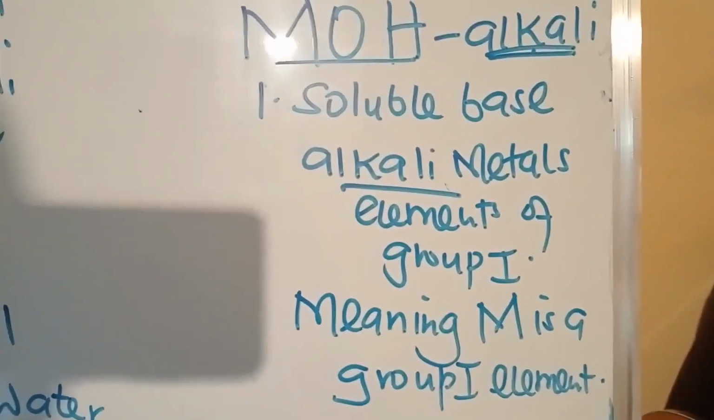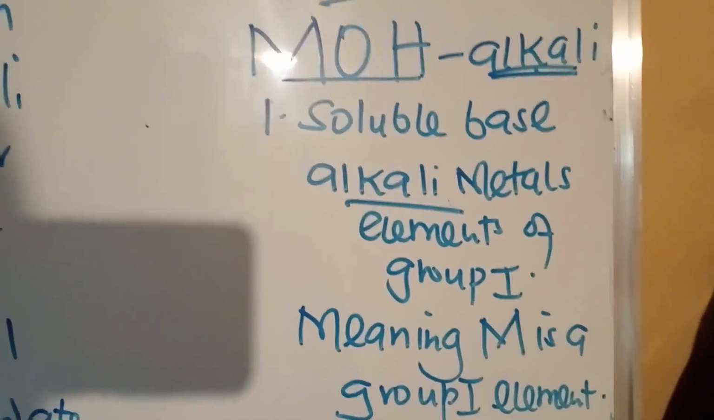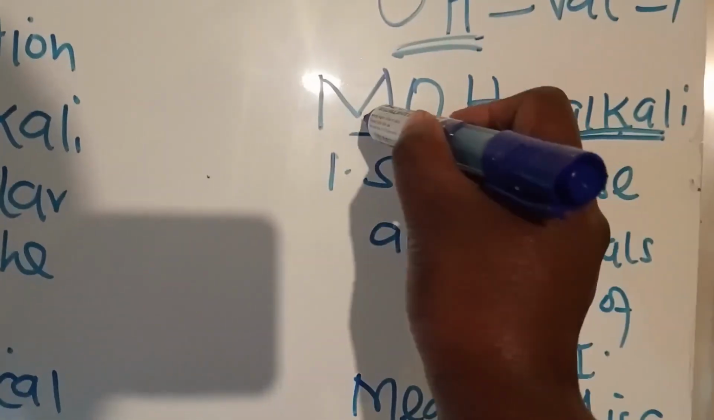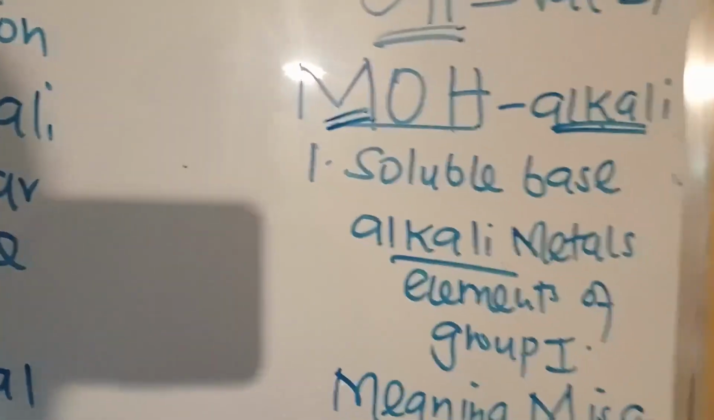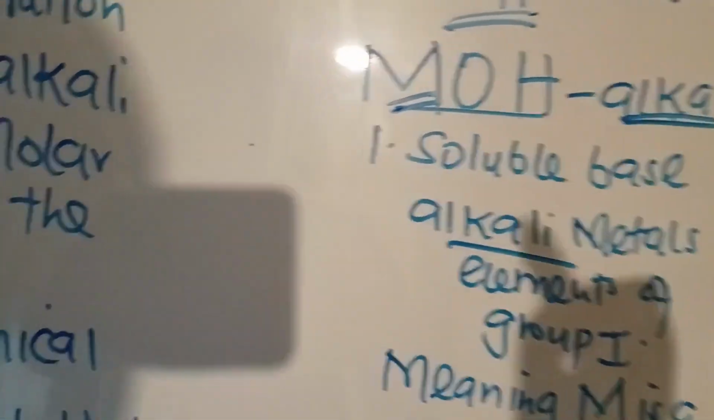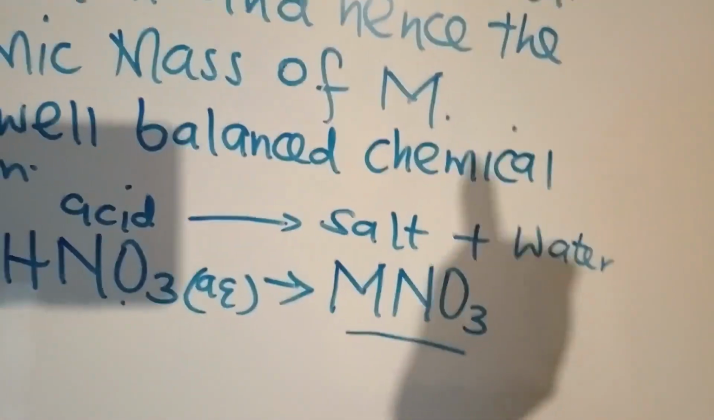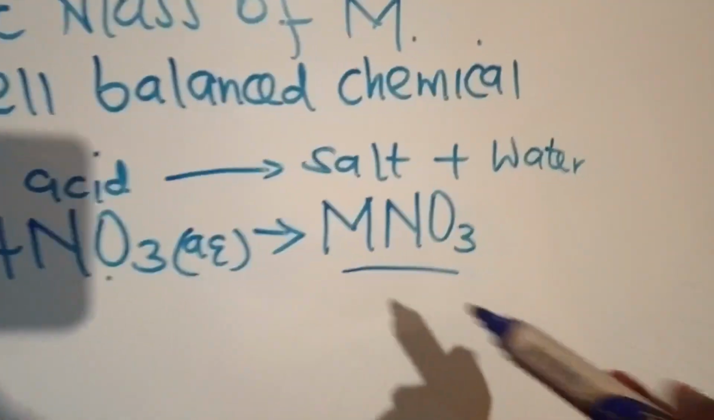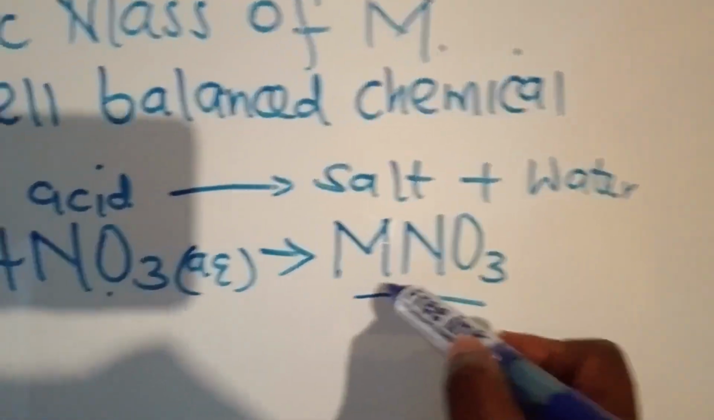So that is a conclusion. So M, capital M, in the MOH has the valence 1. It is a group 1 element. So with that knowledge, then we are able to know when you are writing